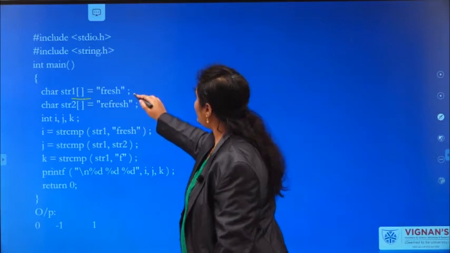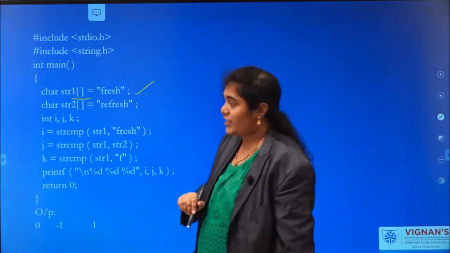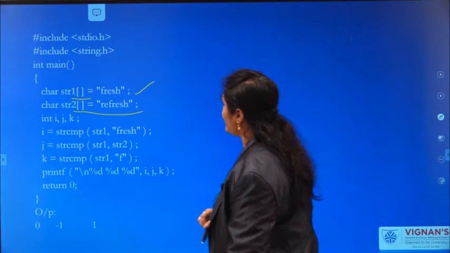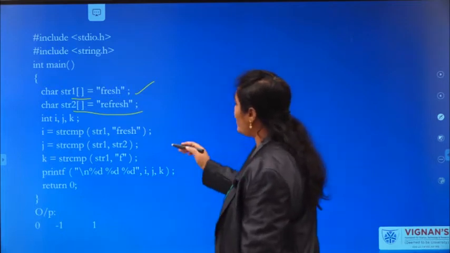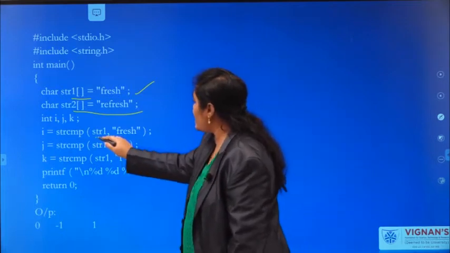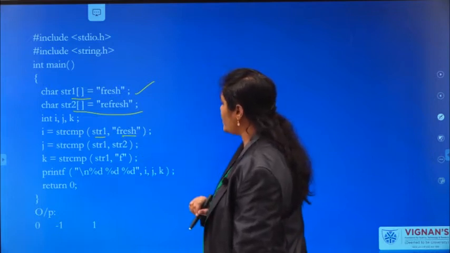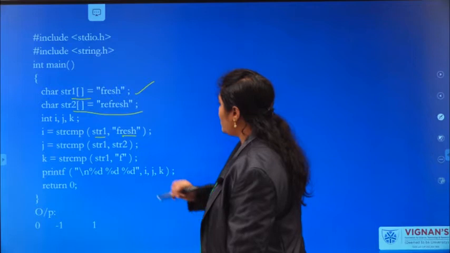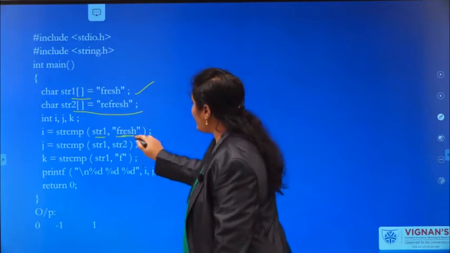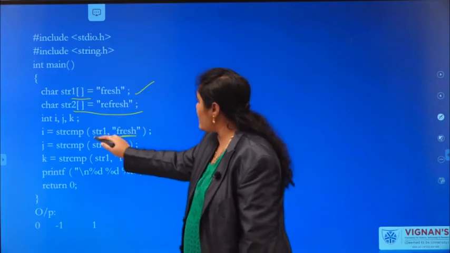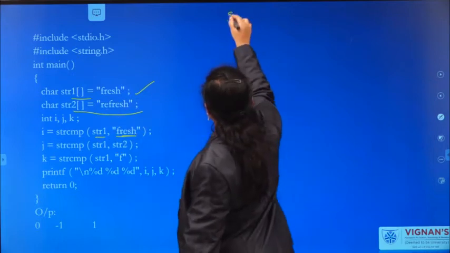The value of str1 is fresh and the value of str2 is refresh. Now I am going to compare str1 with the value fresh only. I am not going to take any variable. What is the value of str1?